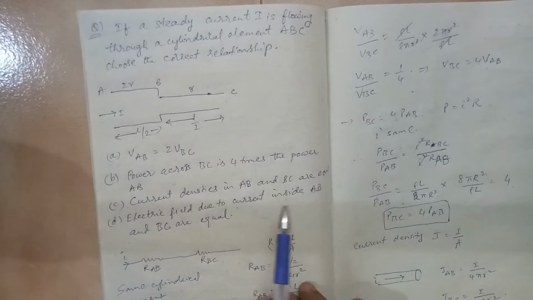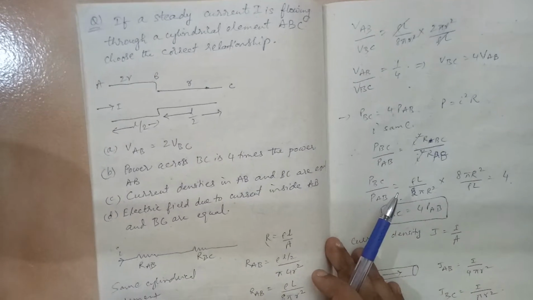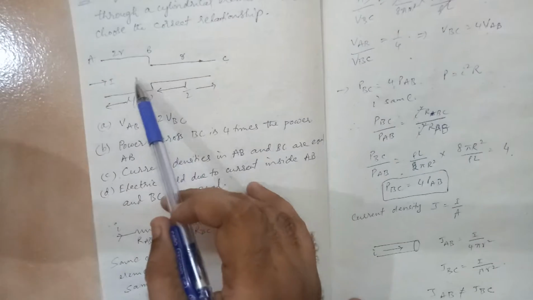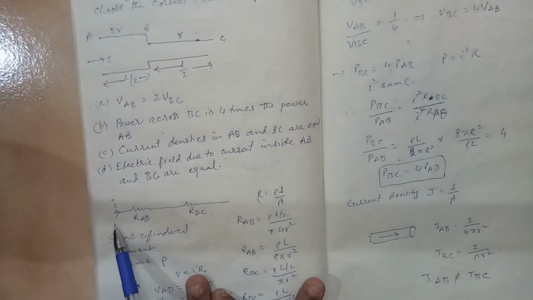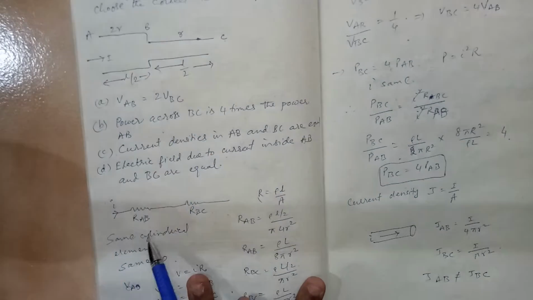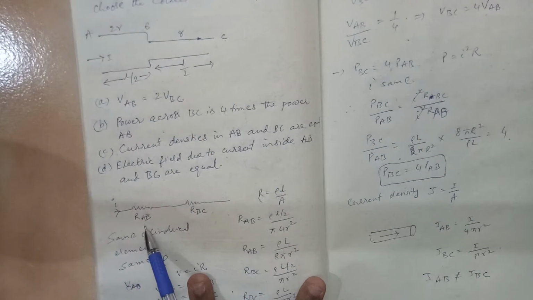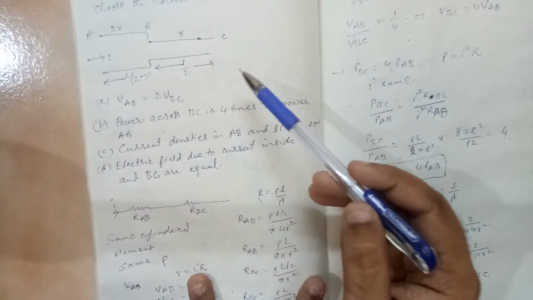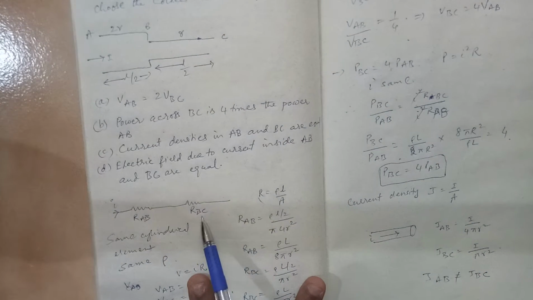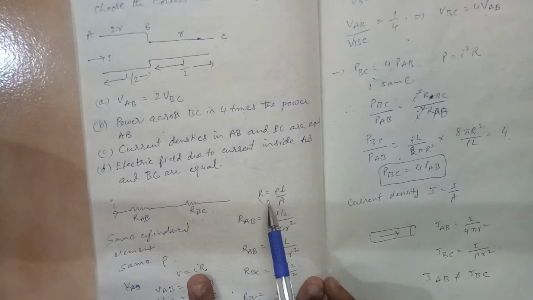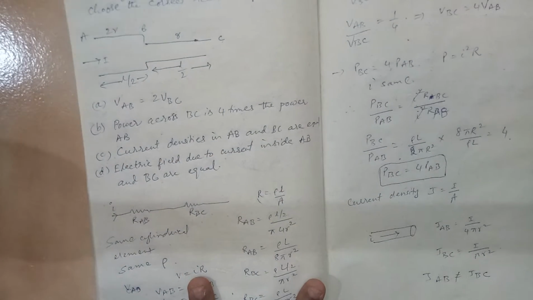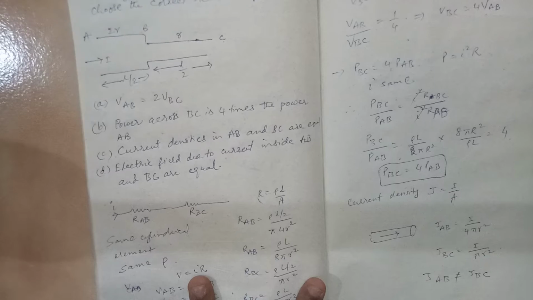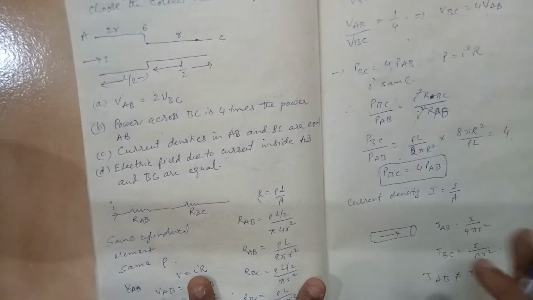This material will have a specific rho value. The simplified diagram for this can be written like this. There is a current I flowing and AB will be offering some resistance, which I have shown by RAB, and similarly BC will be showing some resistance, shown by RBC. The cylindrical element is the same, so the value of rho will be the same for the AB portion and the BC portion. Let us say it is made up of some metal, iron. The rho value remains the same.